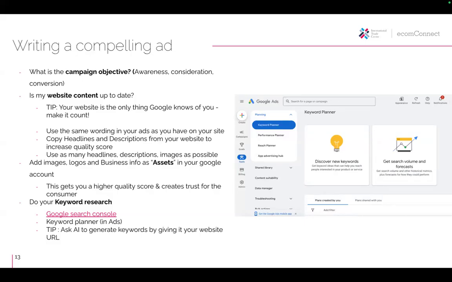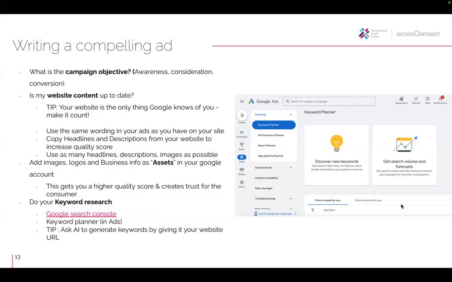Don't just use them as such, but then put those keywords into the Keyword Planner and look whether they are highly competed over, whether they receive clicks, and then make decisions. But this is the type of AI use which is incredibly useful. You can get ideas from it and then you test it out on the platform before using them.